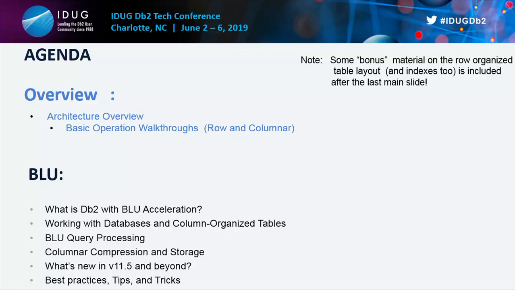Usual disclaimers, but this is mostly architecture, so mostly not relevant, except for maybe a couple things on BLU. So I'm going to start with the overview. This is a basic walkthrough of basic operations, both row and in some cases columnar. At the very end of this, after my last slide, there's another 30 plus slides of bonus material on row organized. At Charlotte, we did 4 hours of architecture talk, where presentation 1 was this, plus this bonus material. So this is 30 minutes, and then this is 30 minutes I'm not going to get to,